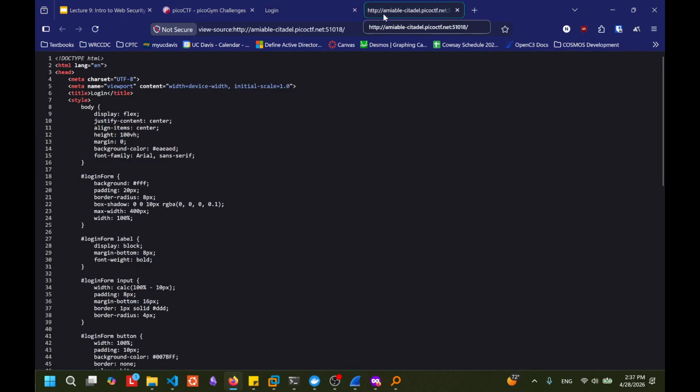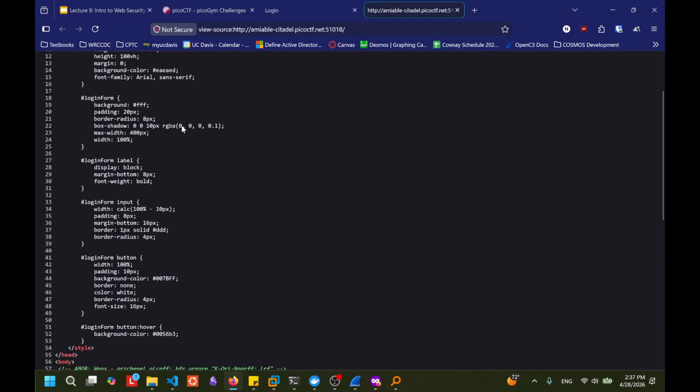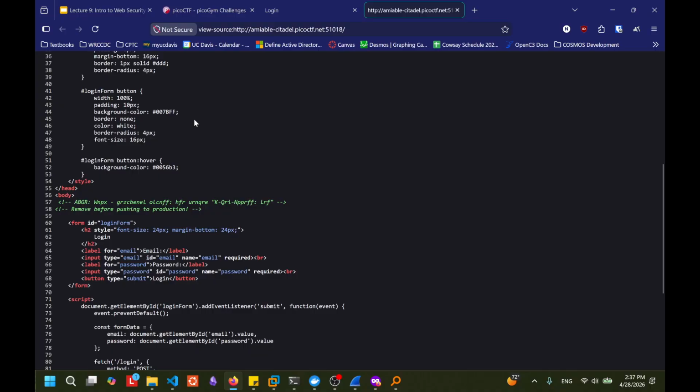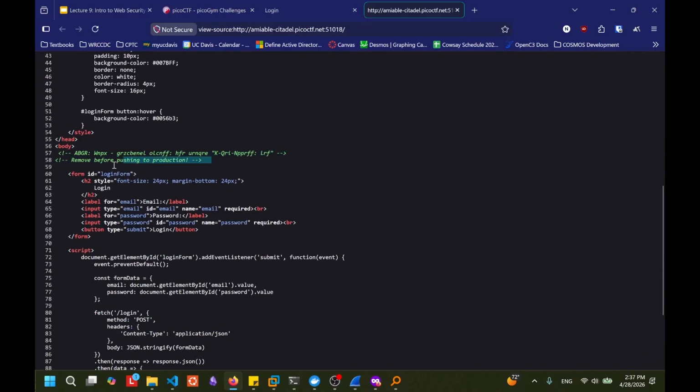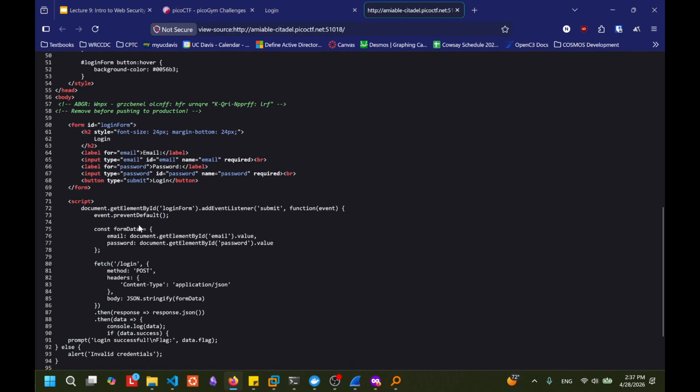What does the login process look like? Okay, this is information. A very funny looking comment over here. But let's see if they made the mistake of doing client-side authentication.